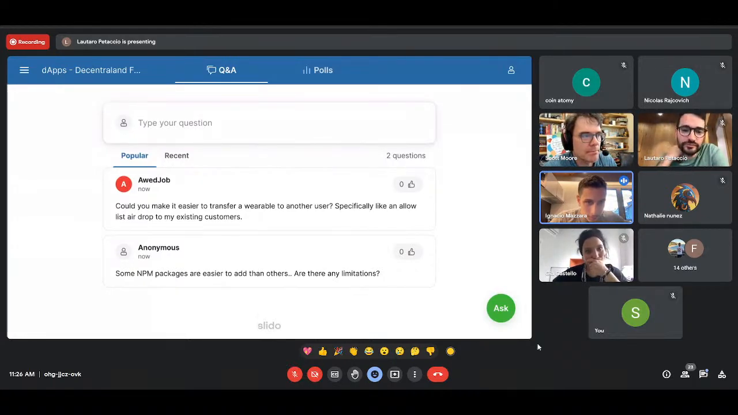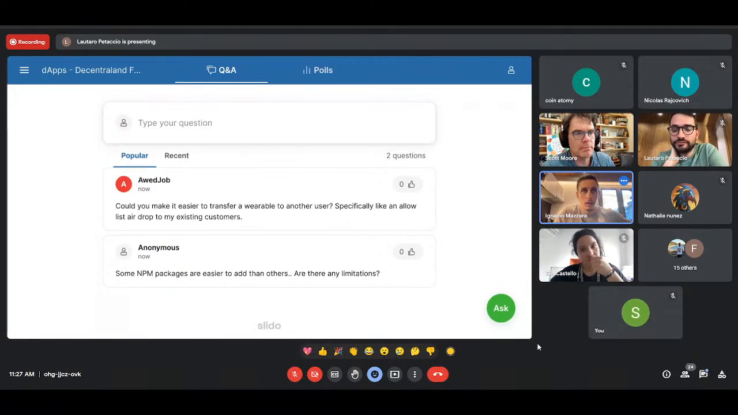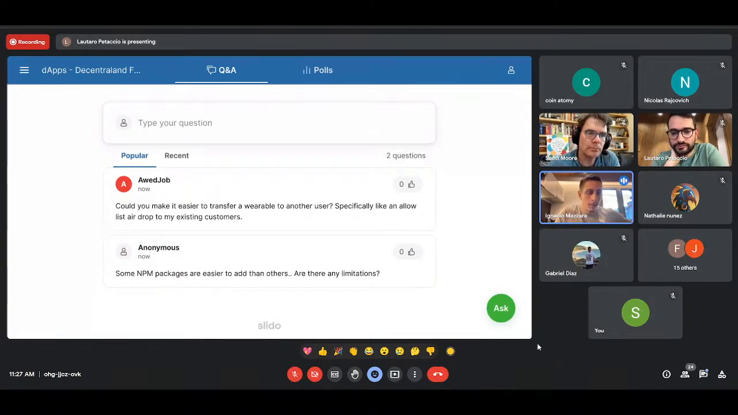Could you make it easier to transfer a wearable to another user, especially like an allow list to an existing customer? That could be a feature, yeah. I think that is mostly related to an idea we have been having for a long time, which is, when you join an event and you receive an airdrop, we have something called a reward system or reward server. The idea is to see how easy and feasible it is to open that server